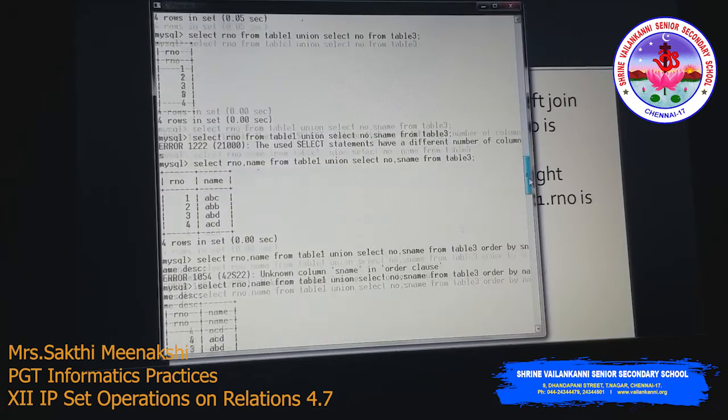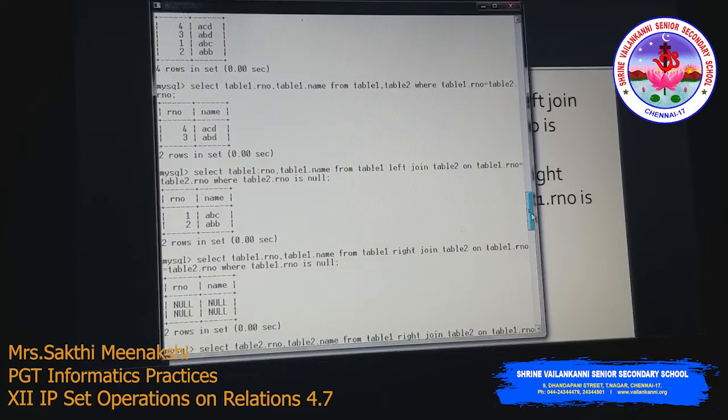So this is what we have done here. Since it is left join, I am taking the record from table 1 dot roll number and table 1 dot name from the left table, that is table 1. So: select table1.roll_number, table1.name from table 1 left join table 2 on table1.roll_number equals table2.roll_number. This is the common left join condition.